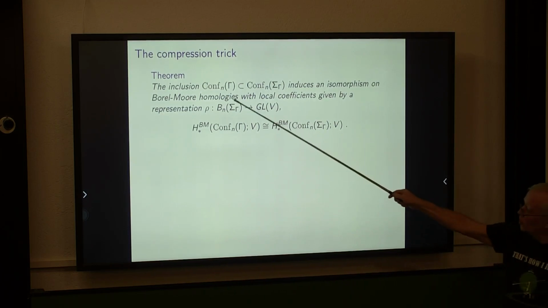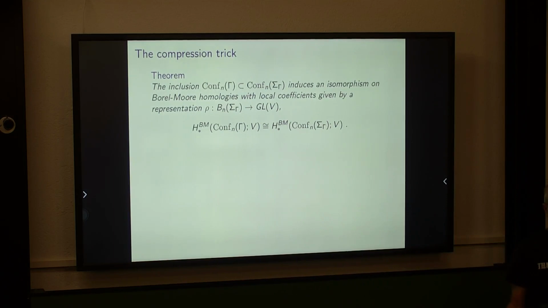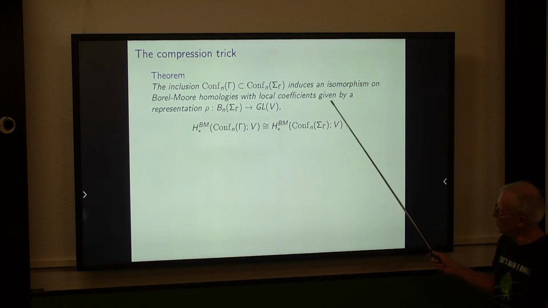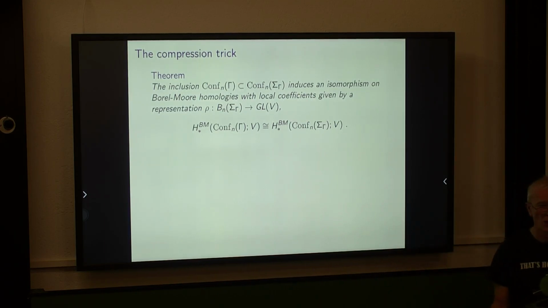So we take the inclusion of the graph configuration into the surface configuration, and we take local coefficients compatible with a representation of the surface braid group, and then you get an isomorphism on Borel-Moore homologies. This is quite a strong statement, which says that you can compute with the combinatorics of the graph. And the idea of this is,